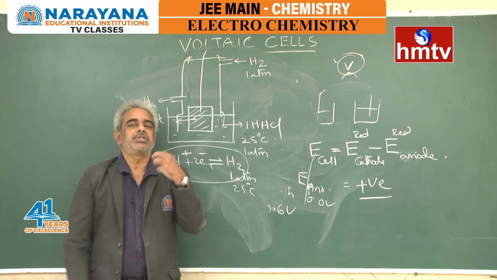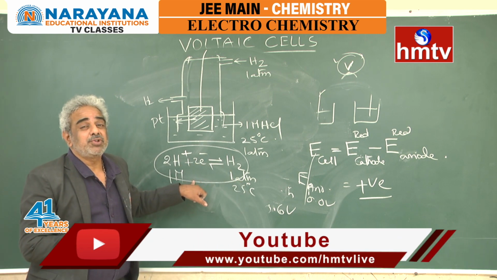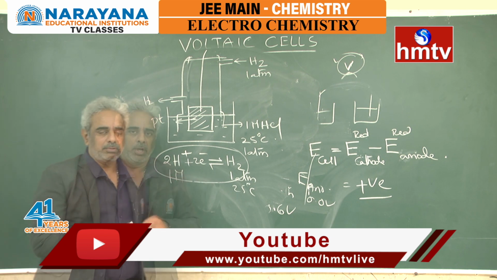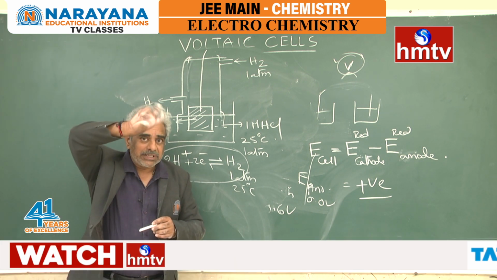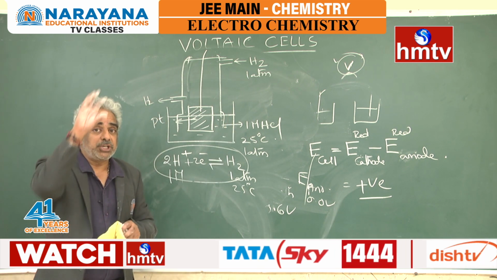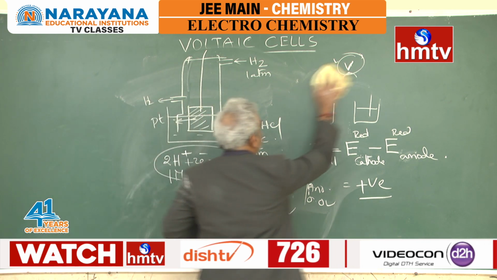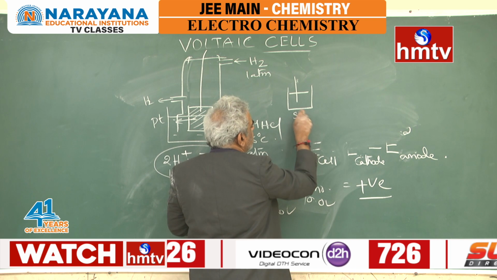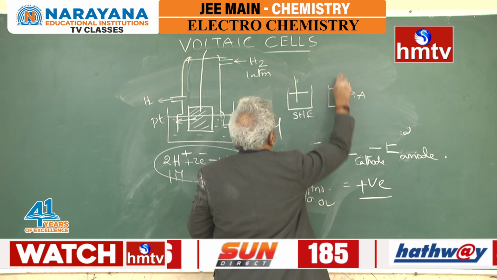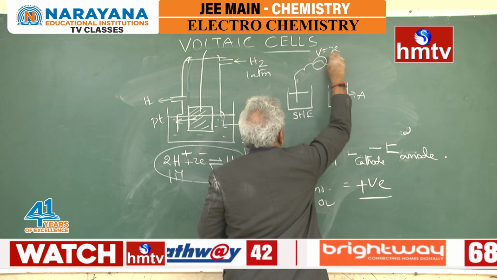The electrode potential, after all, this is an equilibrium. Equilibrium is sensitive to pressure, temperature and concentration. So, whatever cell potential you see in the voltaic cell must be shown at one particular concentration. So, suppose I connect standard hydrogen electrode to some other electrode A, if I construct a cell, some voltage V is equal to X shown.